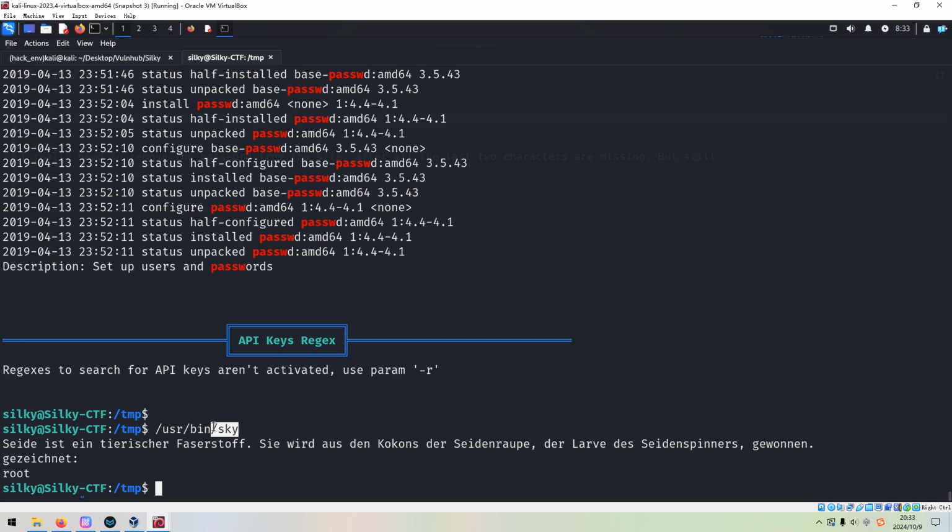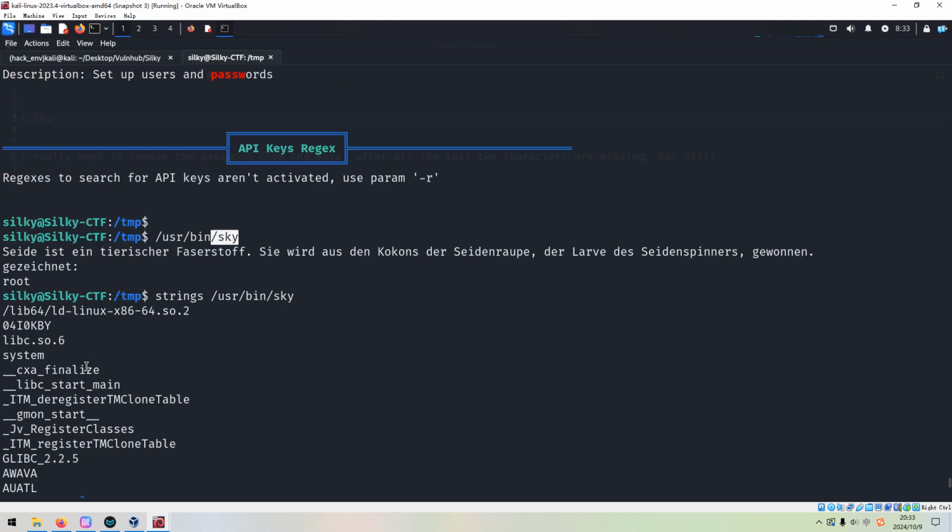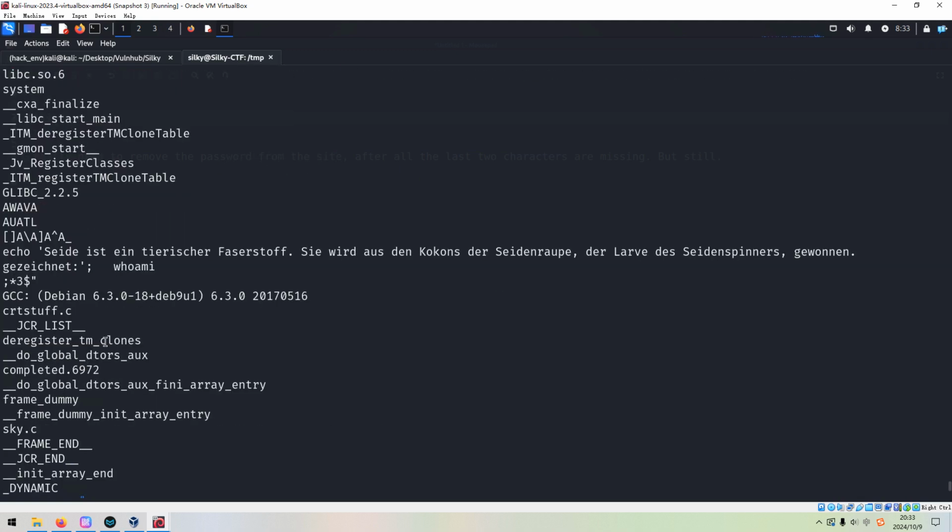And to manipulate it, we need to know what's going on in the background. Okay, and the utility I'd like to use is strings. This can print out all readable characters. Okay, and you can take a look at the output.